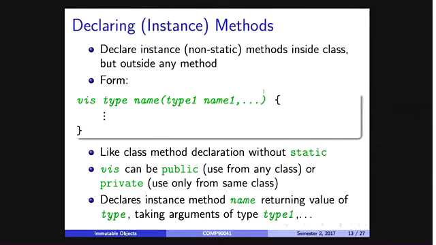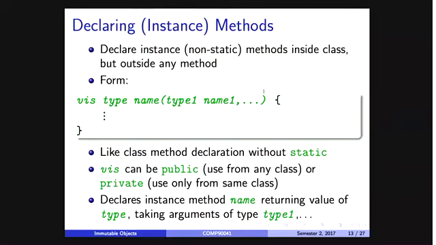It looks like the main methods you've been writing, but it lives at the top level of a class. So you have some class declaration with an open curly brace, and then at that level, you declare a method